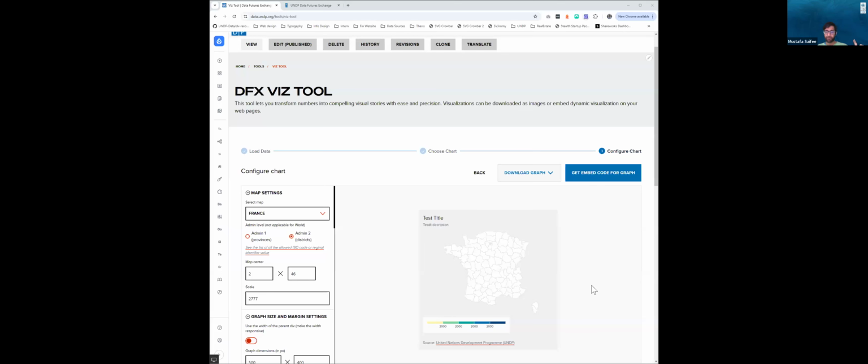Okay, then the second question, which again Tanya had, was how to determine where to add a reference line. Please give an example. So I'll give you an example, which let's say we have human development index, right? So if I just create a chart for human development index again,